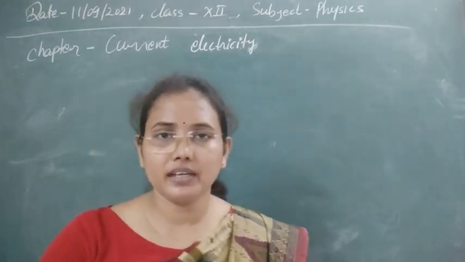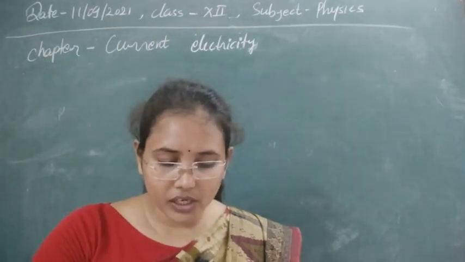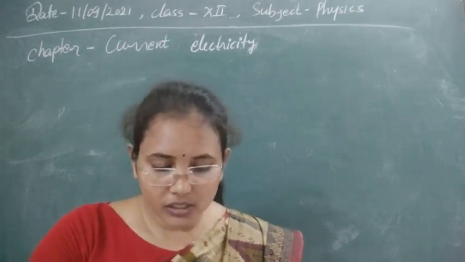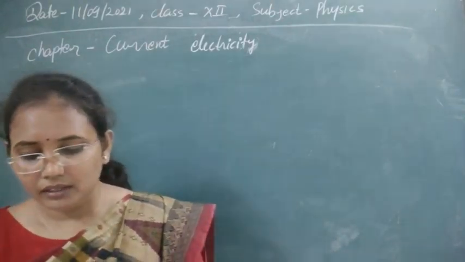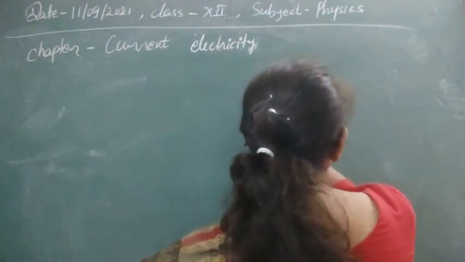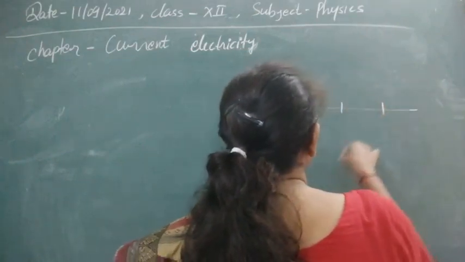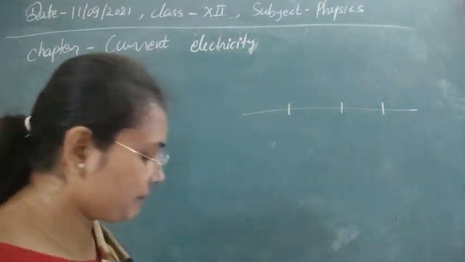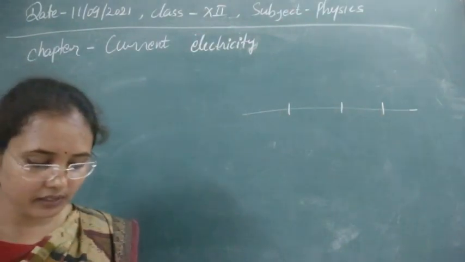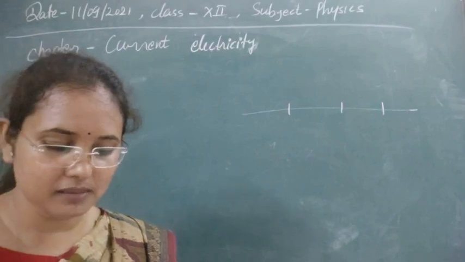Now let's see the next question. Again, this is a numerical. A wire is cut into 4 pieces which are put together side by side to obtain one conductor. If the original resistance of the wire was R, then the resistance of the bundle will be now what? Suppose we have a wire, and it has been cut into 4 pieces, and then we have joined them again. Before cutting, its resistance was capital R. Then we have to find the new resistance.